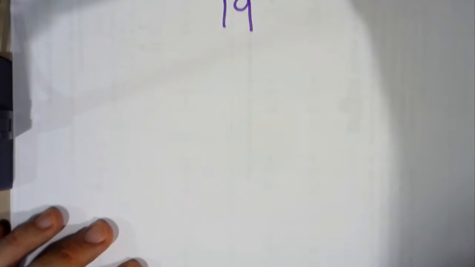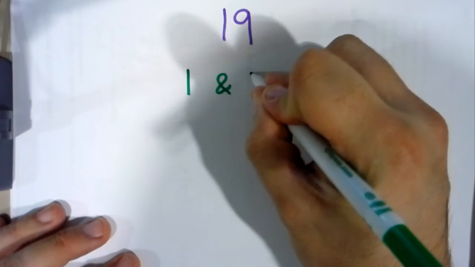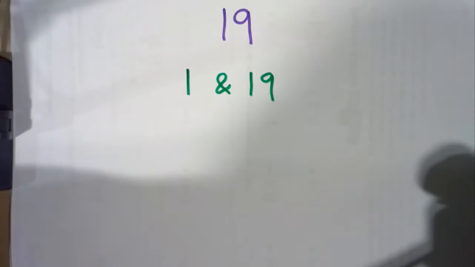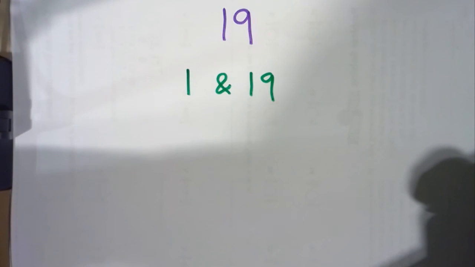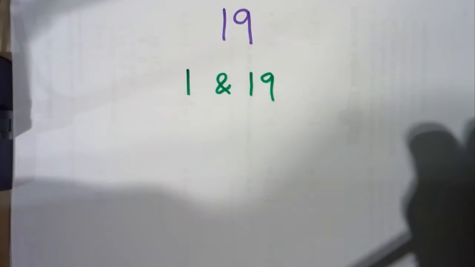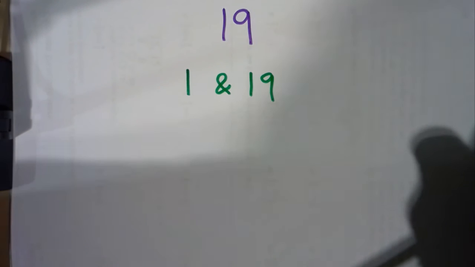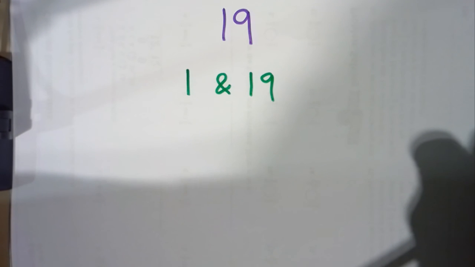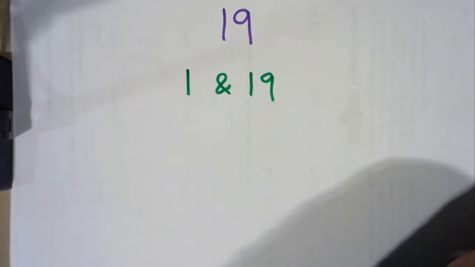But let's look at a different number. Let's look at the number 19. The number 19, if I tried to list the factors, well, I've got here 1 and 19. And then I have to stop and think, does 2 times anything equal 19? No. 3 times anything? 3 times 6 equals 18. That's 1 away. That's not 19. 4 times something? No. 5 times something? No, that's not going to work. 6 times something? There's nothing there that's going to work. So I'm not really sure. I don't think that there are any other factors here. And that's telling me that 19 is what we call